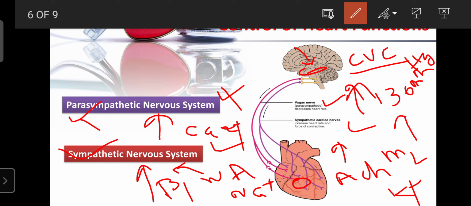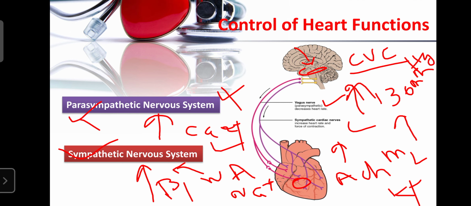So this is a simple technique: you lay the patient down on the earth or on the bed and slightly raise the legs up to a 45-degree angle. Then the blood does not go towards the legs, it goes towards our brain, and the patient within a short time, within a few seconds, can recover from the loss of consciousness. So like that, this system is helpful in regulating or controlling the functions of the heart.